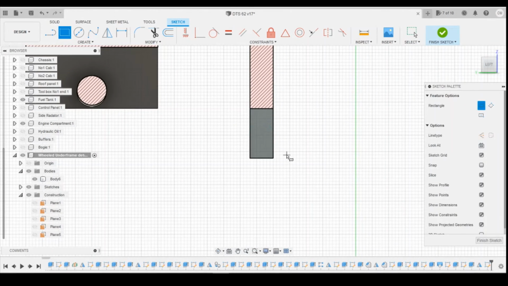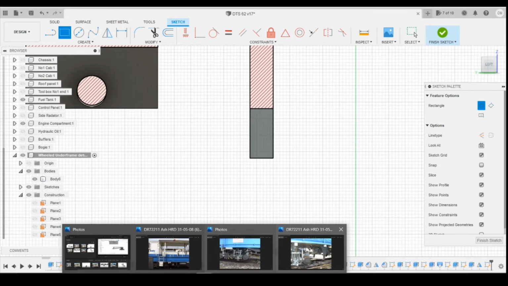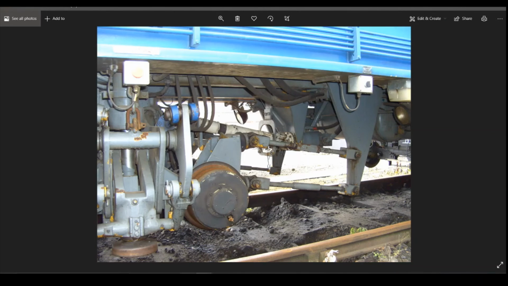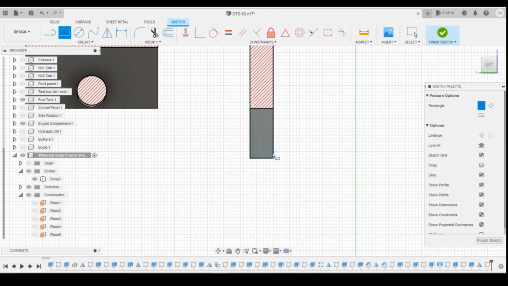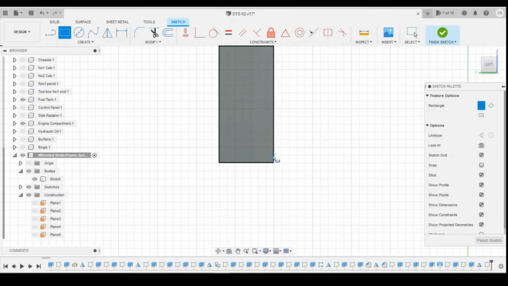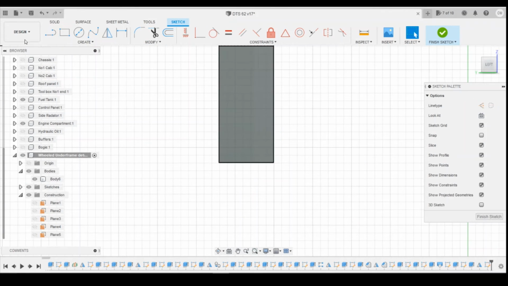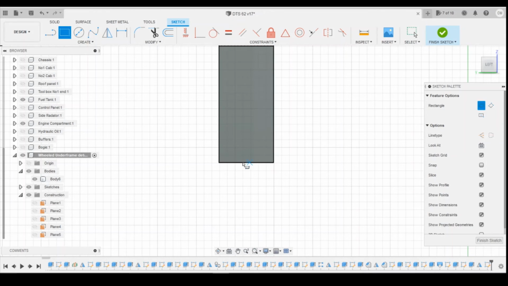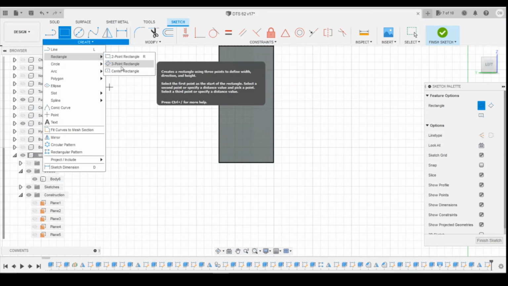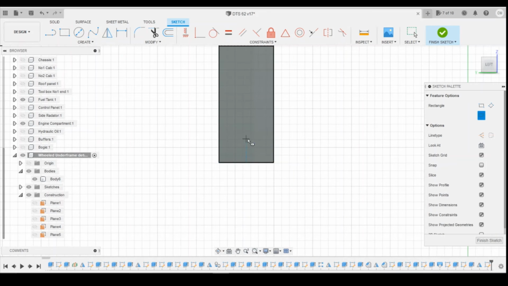Again, just using small rectangles. If we look at the height, it's pretty much right at the bottom on this one. I'm not going to snap it to the bottom. It's going to come up slightly. And I don't want it to snap into the side either. I need to be wider. Let's use the center rectangle again. Find the midpoint. Come up,